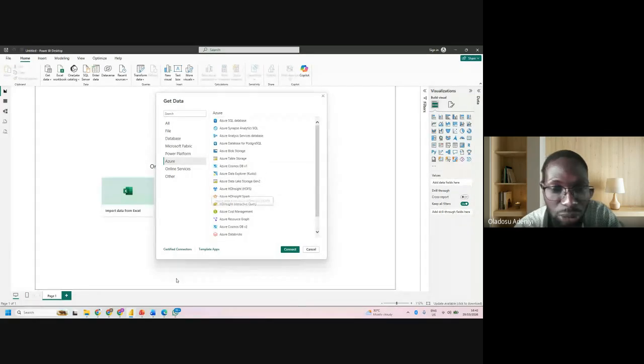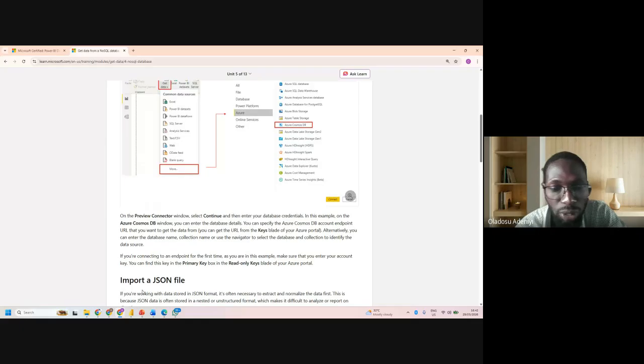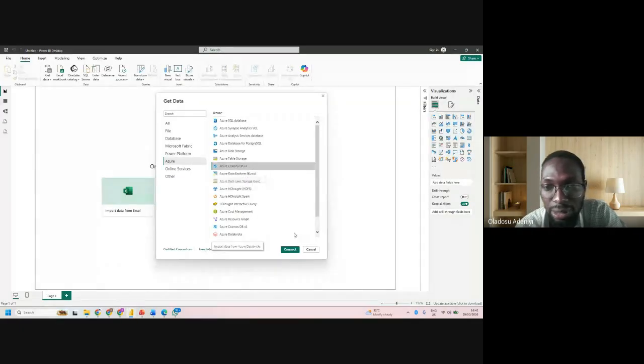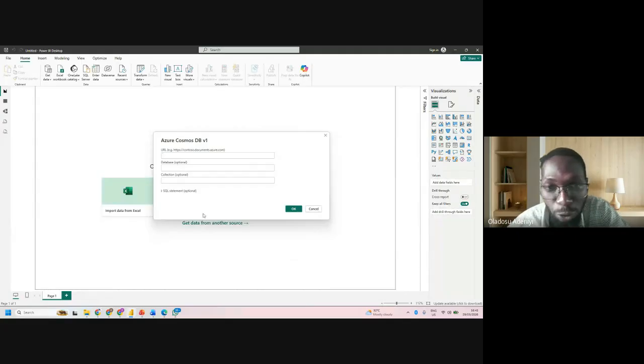So is it Azure Cosmos DB one, or let's check only Azure Cosmos DB? Let's pick this. Let's connect, so let's see what it is exactly going to request. What is it going to request? Can you see it's asking for your URL? So you need to know the URL of your database, and likewise,